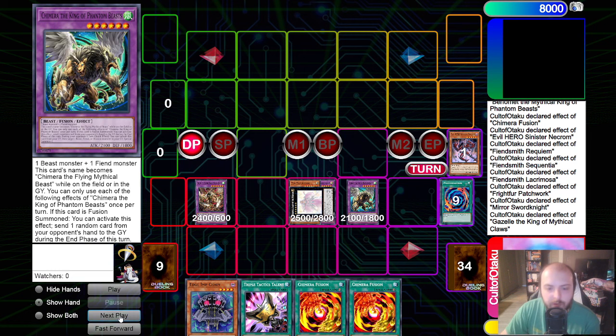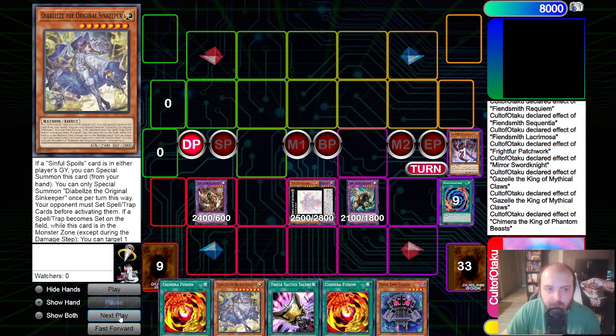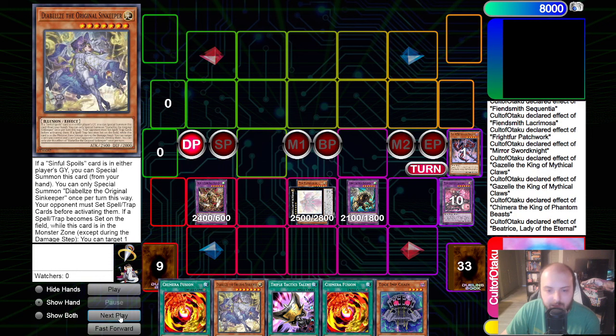On a brand new chain, we are going to go chain 1 Gazelle and chain 2 Chimera. Chimera is there to chain block, but also on end phase to rip a card out of our opponent's hand. Gazelle is going to add the Diabellstar the Black Witch's original Sin Keeper to our hand, and then we are going to pretty much instantly fire off the Beatrice, detach the Lacrimosa to send the card that makes almost all of this possible,